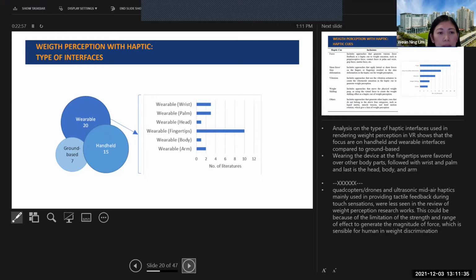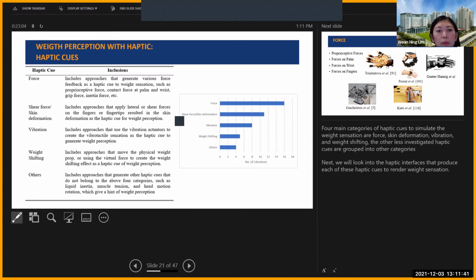So let's take a look at some of the haptic cues. When I did the analysis, I grouped the literature under different groups of haptic cues.